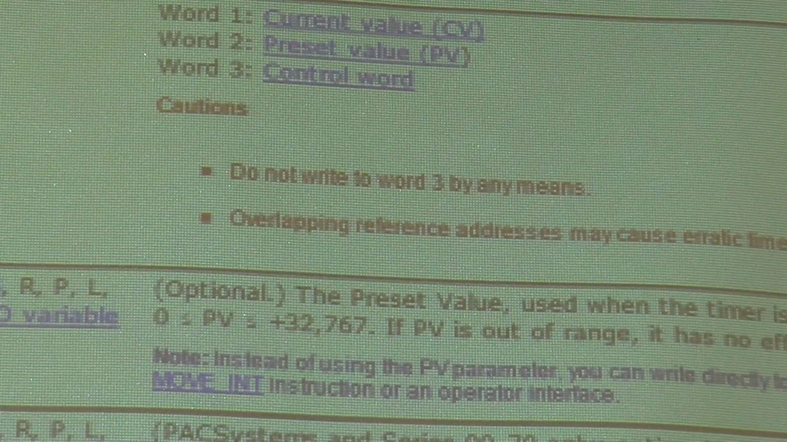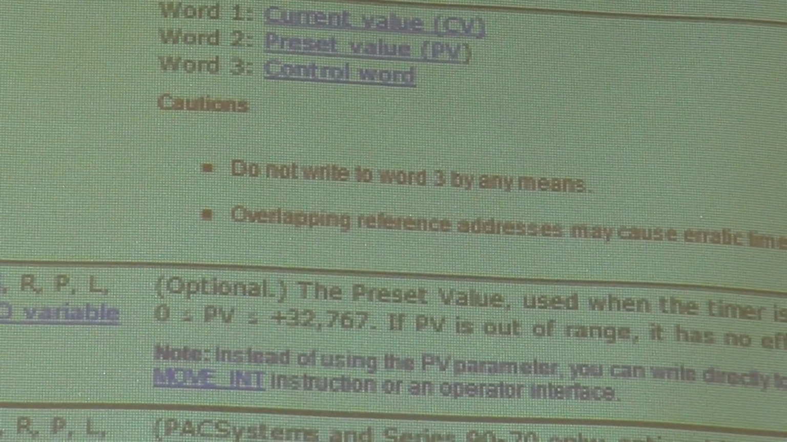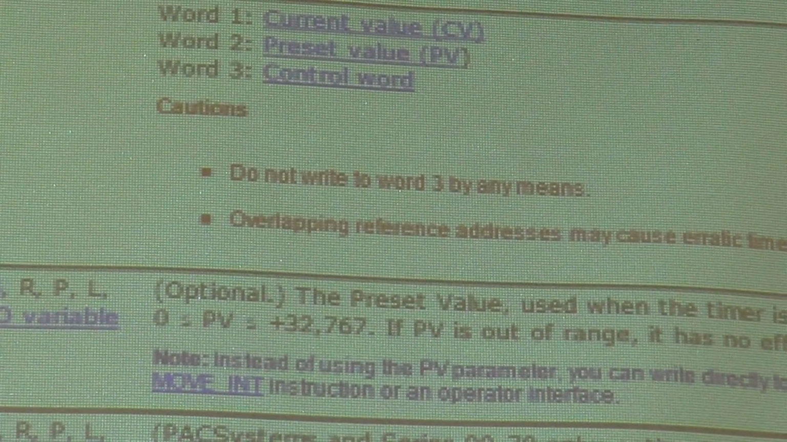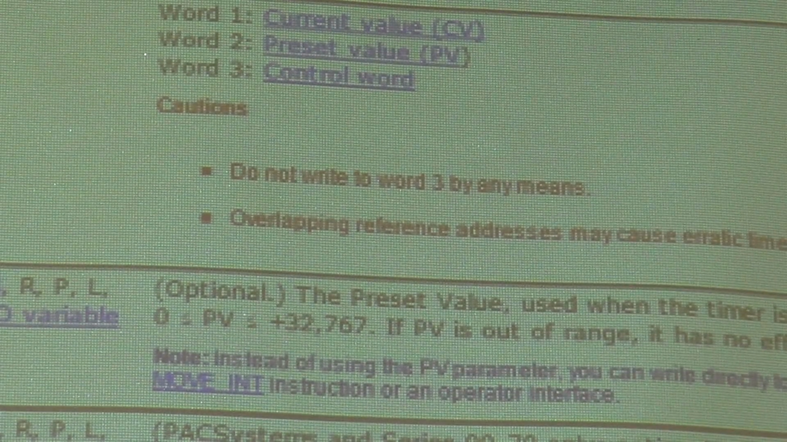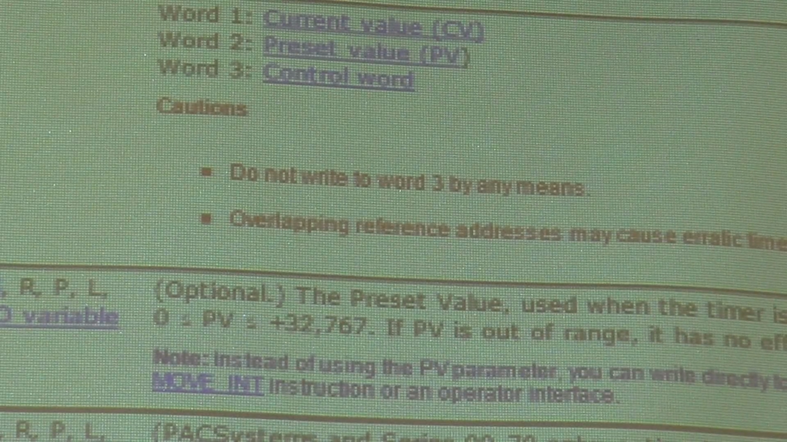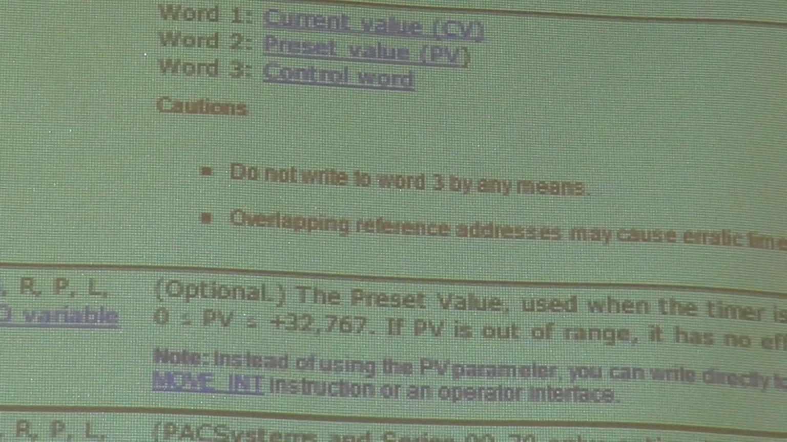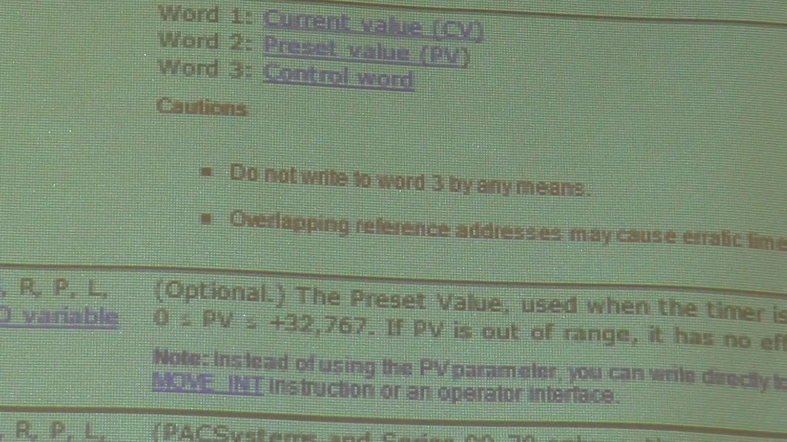Okay, we're going to pick up now. It says right here, do not write the word 3 by any means at all. Leave it alone. Leave that alone for the PLC. Okay? The most problems that we have with people working with their PLC and they don't address their timers right,